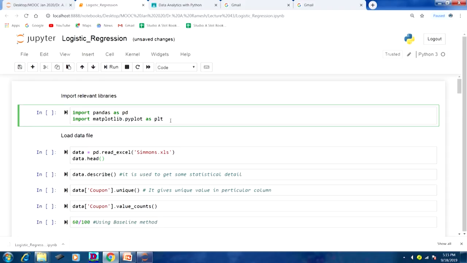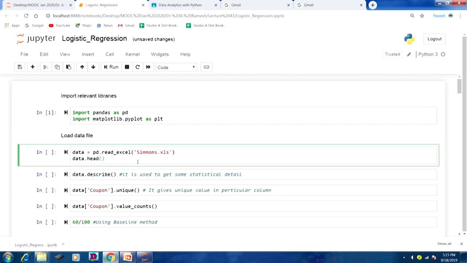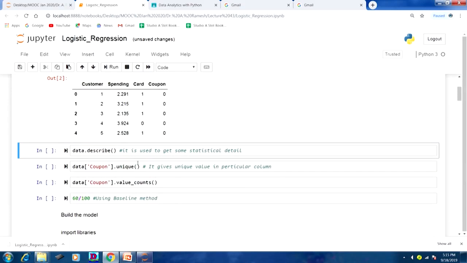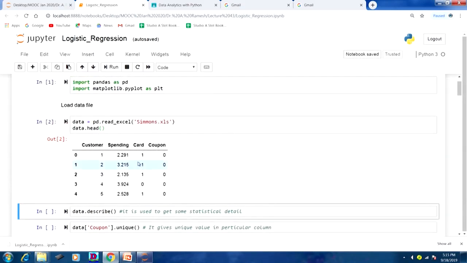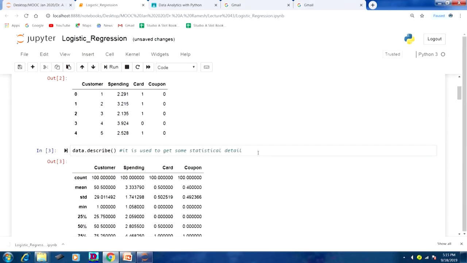Now, with the help of Python I am going to run the code and explain how to choose the correct threshold value. So, import the necessary libraries, I have imported pandas and matplotlib.pyplot. Then this was the data set. This data set I have already discussed with you. There are 2 independent variables and 1 dependent variable, that is coupon. So, we will describe this data set.